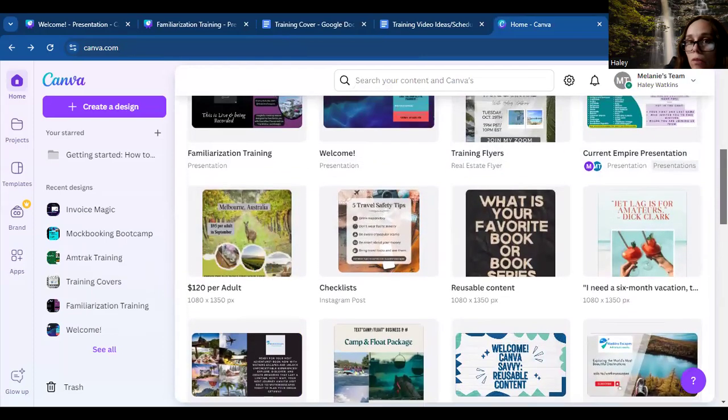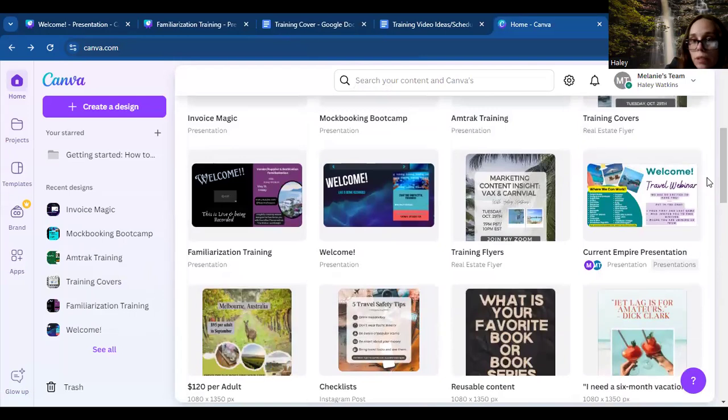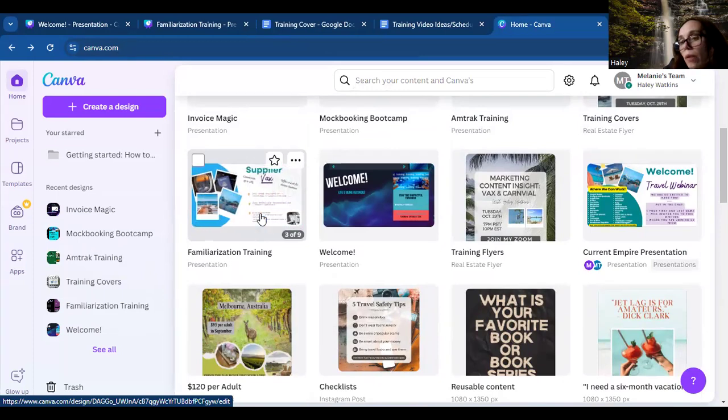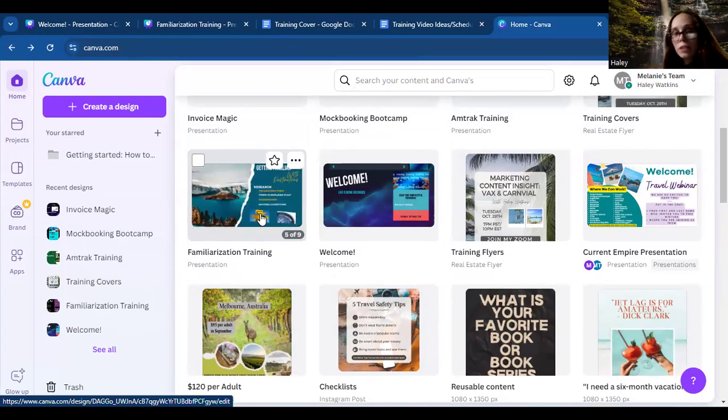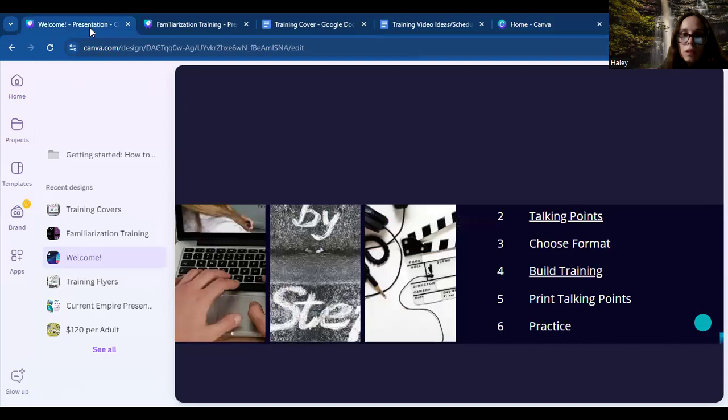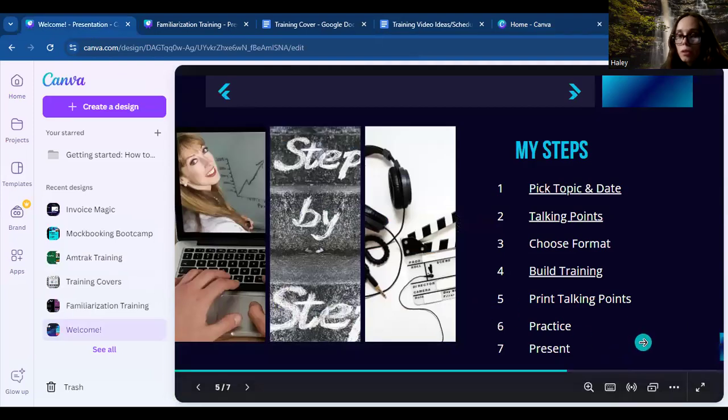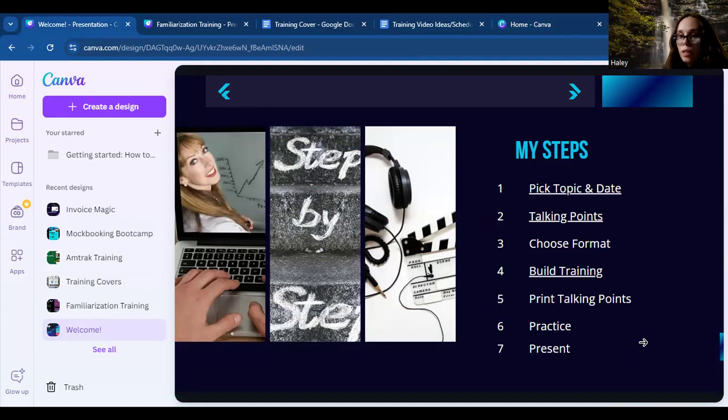And how you like to present too, because that's another big deal. You want to be able to present it and be knowledgeable about what you're training on. Train on things that interest you or new things you come across, stuff like that. So it's pretty simple. Get a goal set on what you want to include in your trainings, have your steps set up how you want to build your trainings, and jump in there and do it.